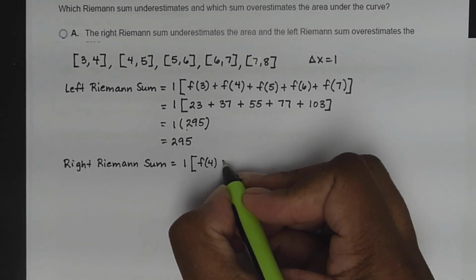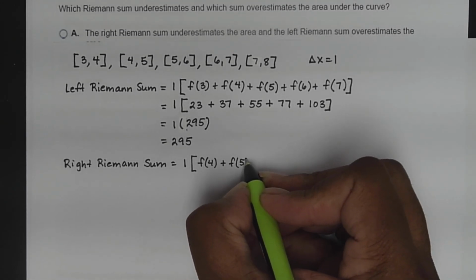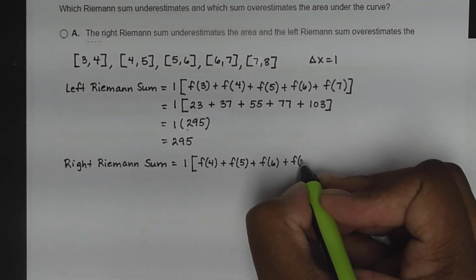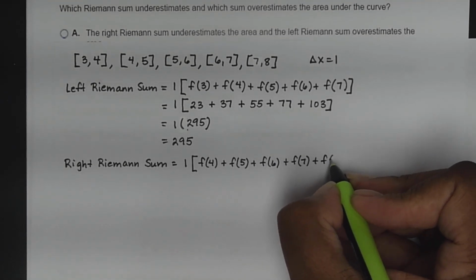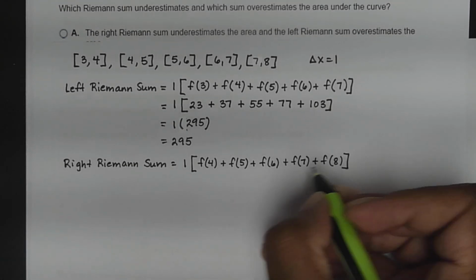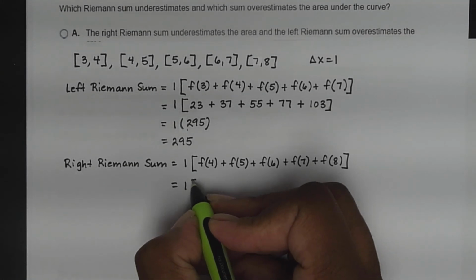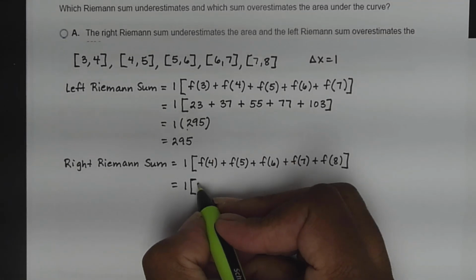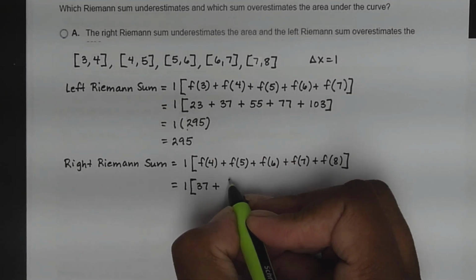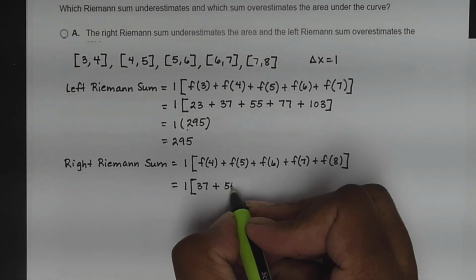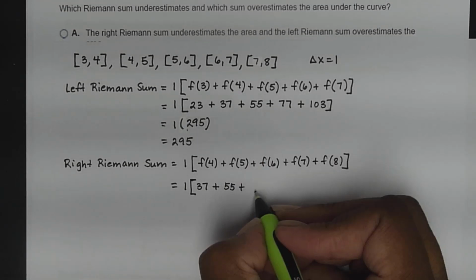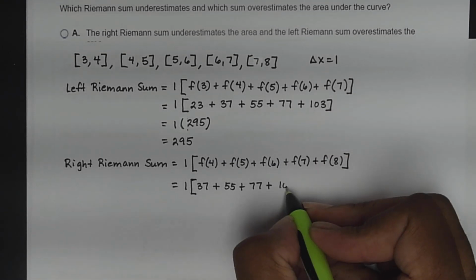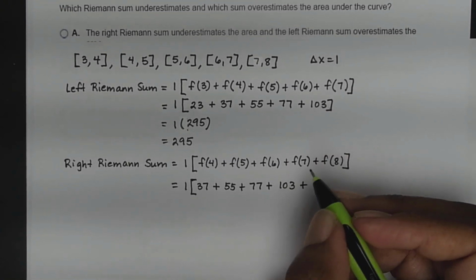So it'll be f of 4 plus f of 5 plus f of 6 plus f of 7 plus f of 8. So I have 1 times, and I know what f of 4 is, that's 37, and f of 5 was 55, f of 6 was 77, f of 7 was 103, so I need to evaluate what f of 8